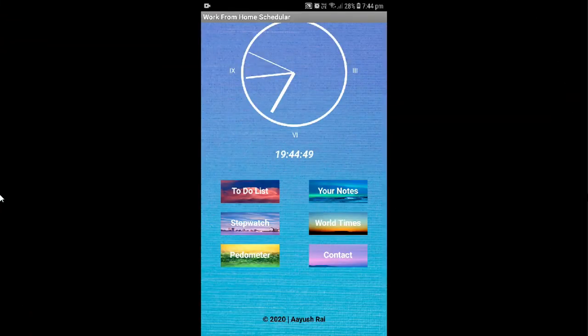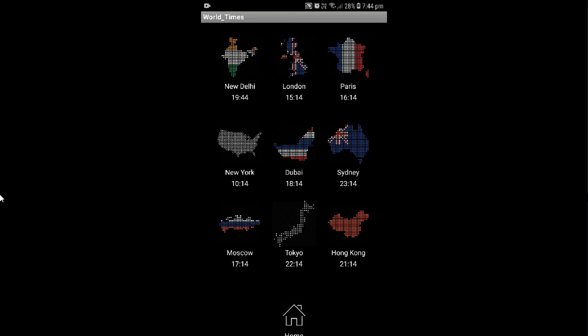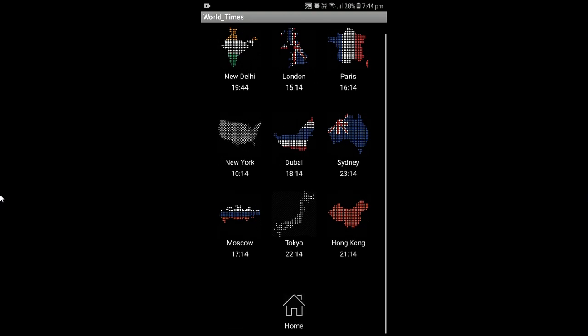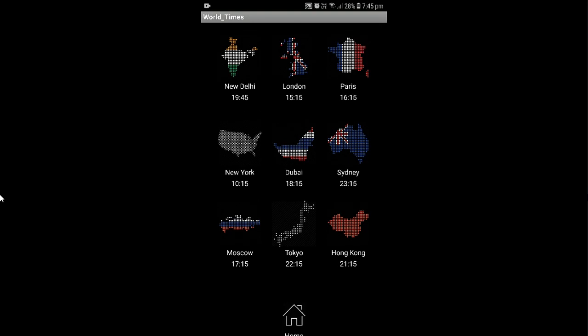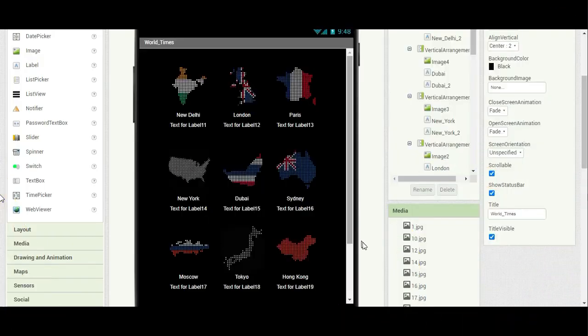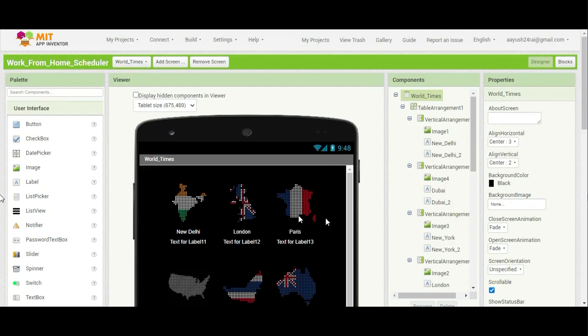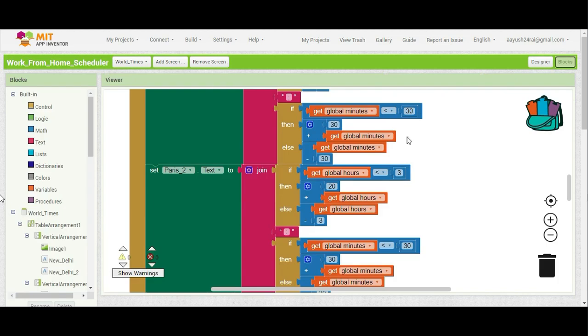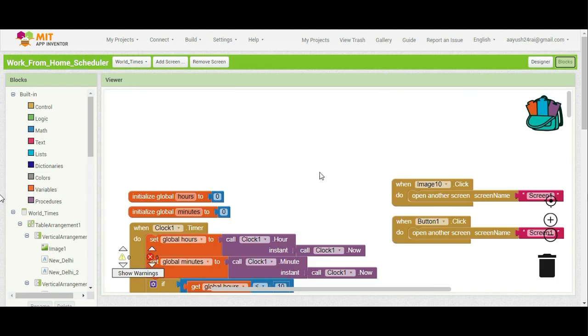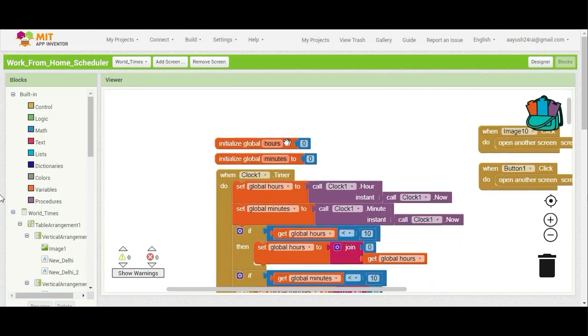This is actually a non-interactive screen. It's for the purpose of people who interact with people from different countries, like MNCs and all. So it tells you the time of 9 different locations at one screen. That's all that it is. Now for this screen, it's pretty simple. I've got this thing here. I just inserted images of all the maps, and now if you go to blocks, yes,